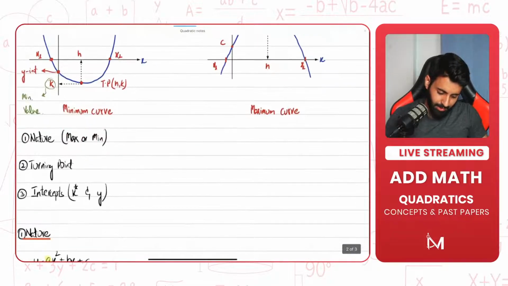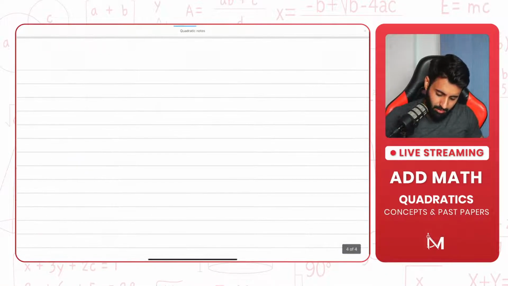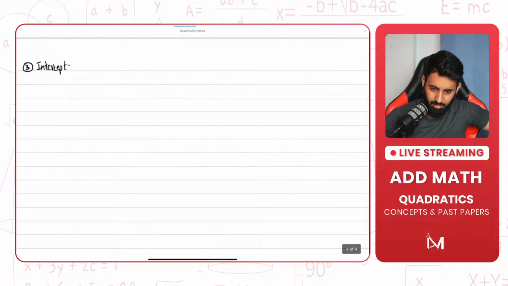So we've learned how to find out the nature. We have learned how to find out the turning point. Now how do you find out the intercepts? That's pretty easy. That's something we learn in math as well. In order to find out the x-intercept,